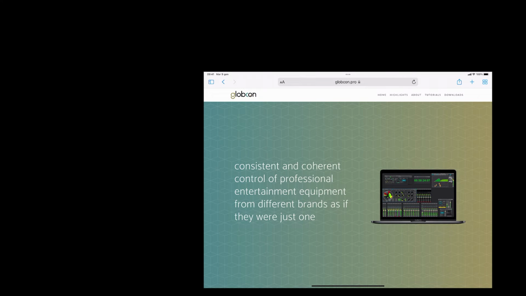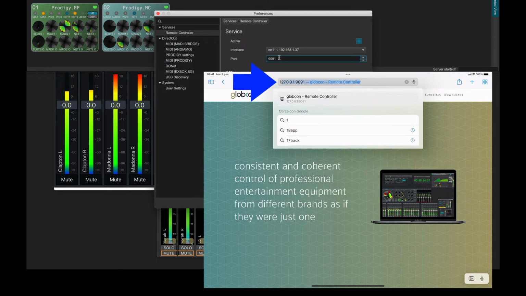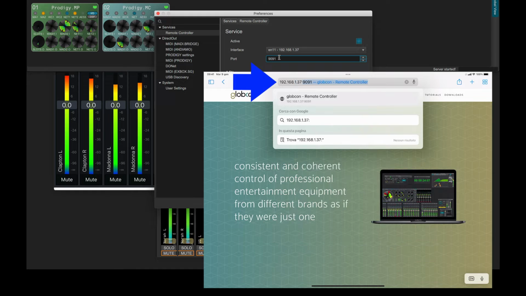On an iPad connected via Wi-Fi, we type the IP address in use for the Globcon controller on the Mac or PC running Globcon, followed by colon and the port, in our case the default one, 9091.